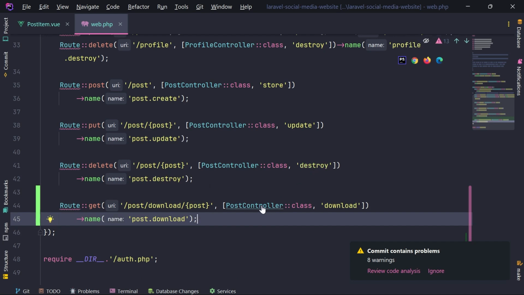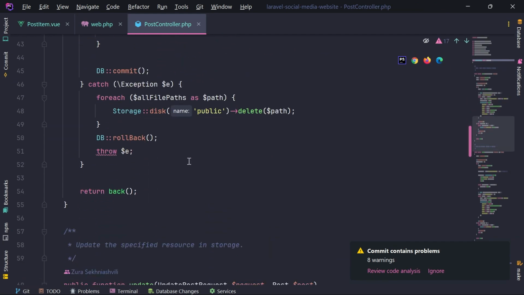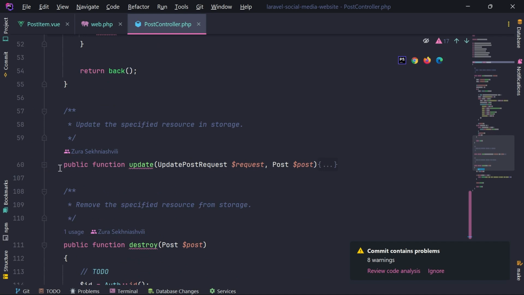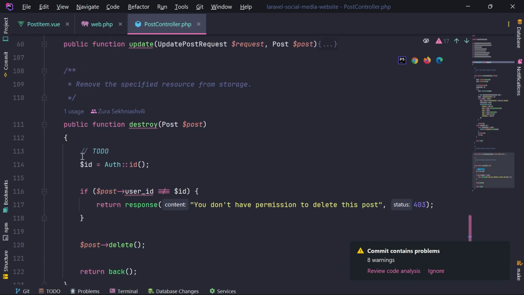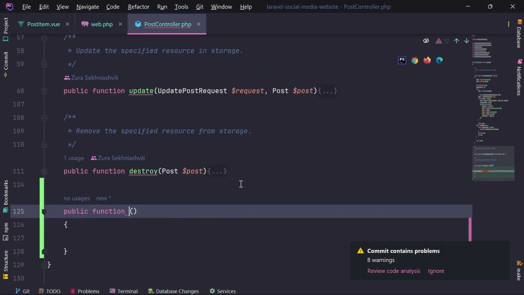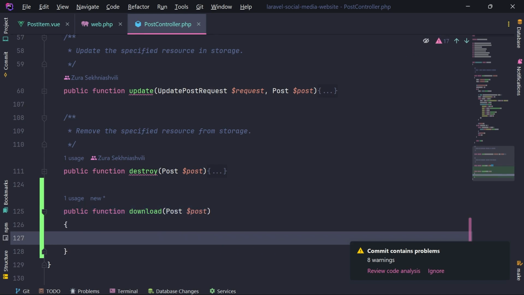Let's go into post controller and we need to implement the download. Let's do this at the very bottom. Public function download. We are going to get the post. And